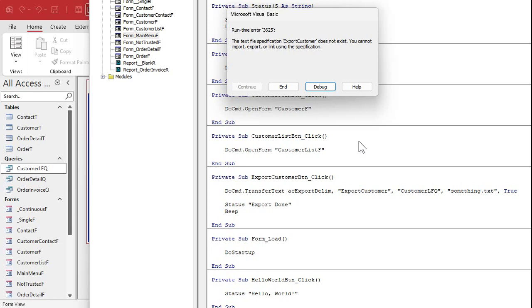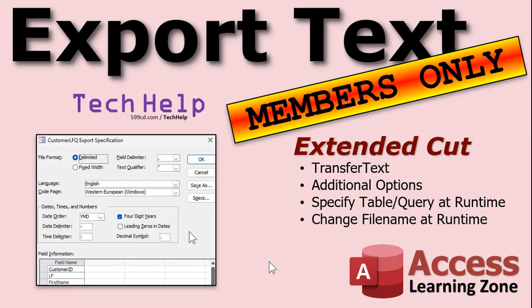That's something completely different. What we created was a saved export. Okay, the two things are completely different. A saved export is not the same as an import-export specification. I am going to cover import-export specifications, say that 10 times fast, and the TransferText command in the extended cut